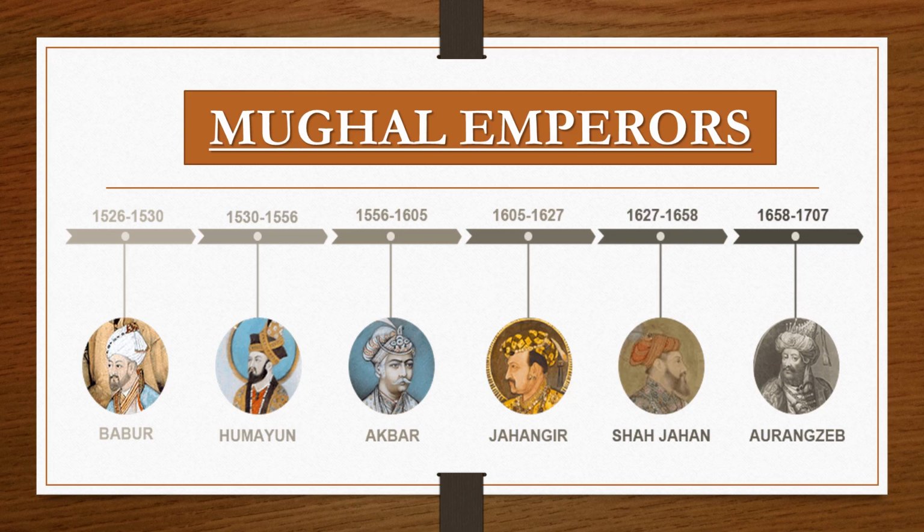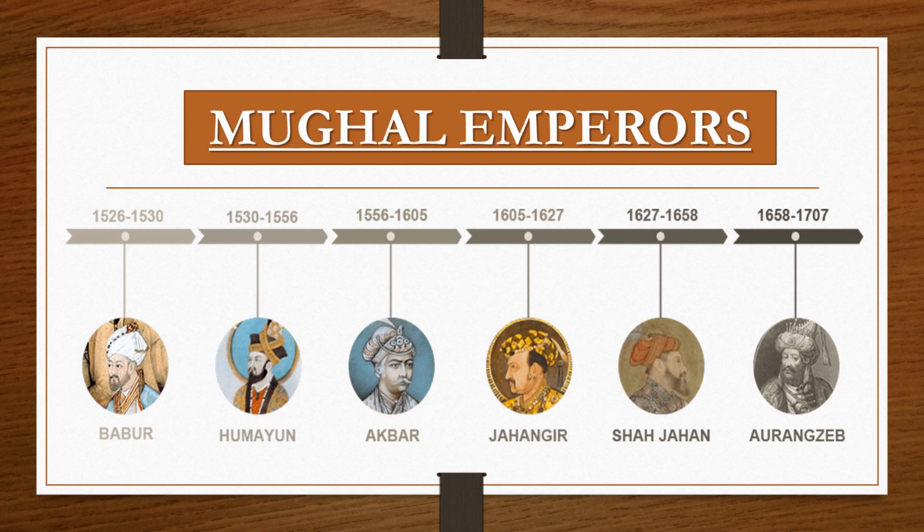These emperors were all popular, and their names have been written down in the history of India for their work and contribution, and some for their talent in ruling India. We'll discuss Akbar and Aurangzeb's ruling criteria because Akbar was a very great and tolerant king when we talk about tolerance, but Aurangzeb was quite the opposite of the other rulers who ruled during the reign of the Mughal dynasty.